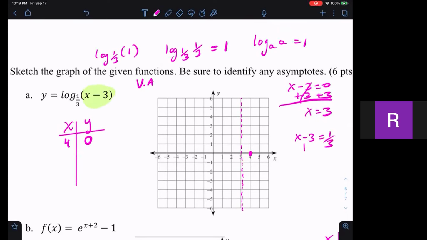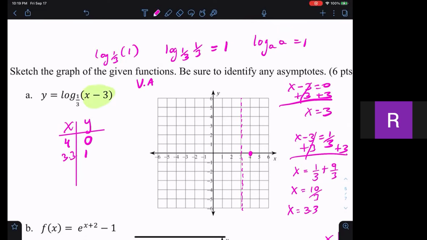So now just compute, right? Add 3 on both sides. This cancels out. So this is going to be 1/3 plus 9/3, which is the same as 3. So this is 10/3. And somebody in the class told me that this is about 3.3, which is good. So this is 3.3, and the output is 1. When we get 3.3, this is 1, right? That's the whole goal, the whole point of doing that. So 3.3 and 1. So about here,